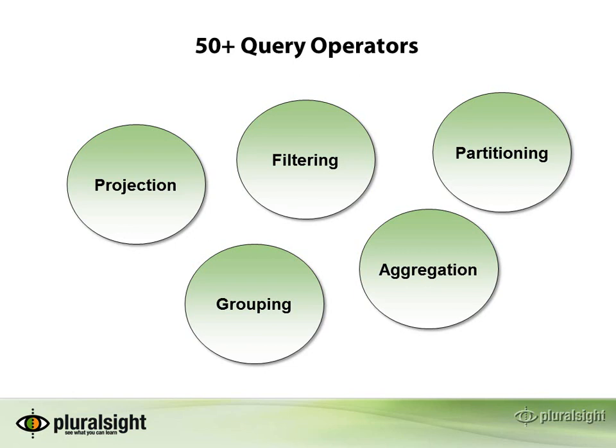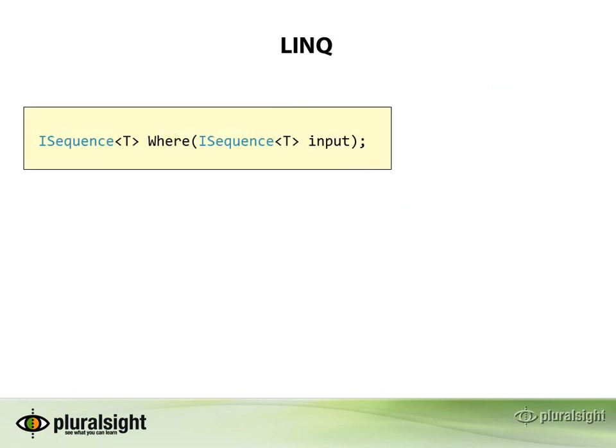So the first hurdle to overcome when building query features into a statically typed language like C#, where every object has a definite type, is what will provide these query features. For example, the LINQ operators are defined as methods, and we know that methods have to be associated with a type. So if we want a method named where, which will act like a SQL where clause to filter data, take an input sequence and return some sort of subset of that as the output sequence, then on what type